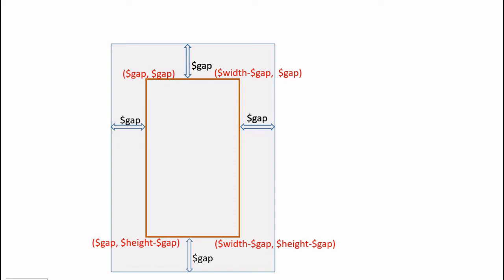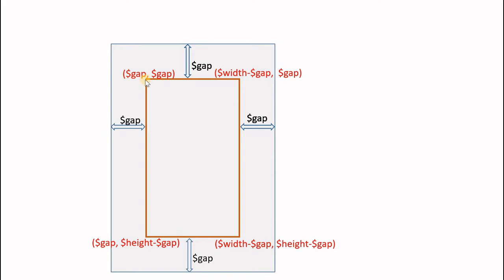Hi friends, before going for drawing the beautiful patterns in the page, we will first try to draw this inner box. This inner box we will draw by drawing lines on all four sides to create the box. But the point is that this box is equally gapped from the edges, so on all four sides the gaps are the same.